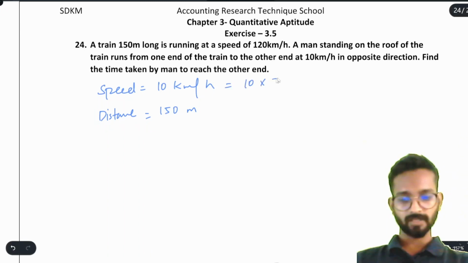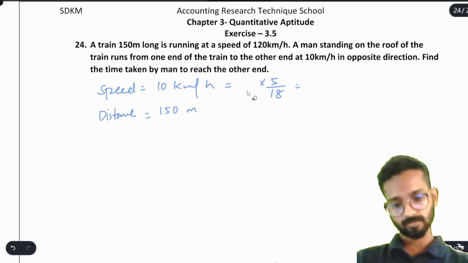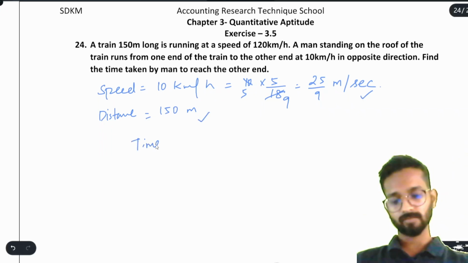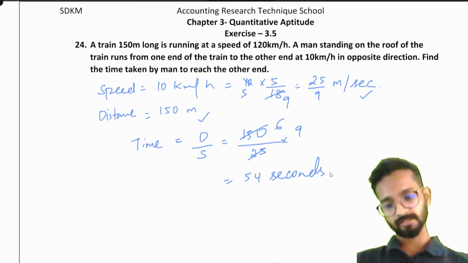If I convert this 10 into 5 by 18, 2 5s are, 2 9s are, it will become 25 by 9 meter per second. Simple. Now find the time taken by him to reach the other end. See, distance is given, speed is given, time will be distance by speed, 150 by speed, which is 25 by 9. It will become 25 6s are, 6 9s are 54. 54 seconds will be taken by that man to reach the other end. Simple. Now,